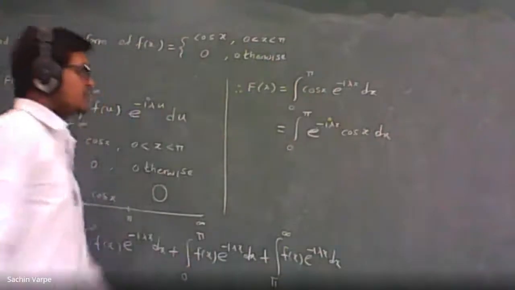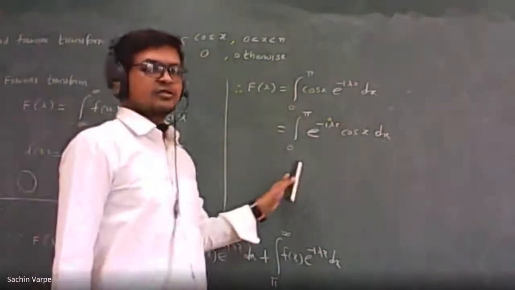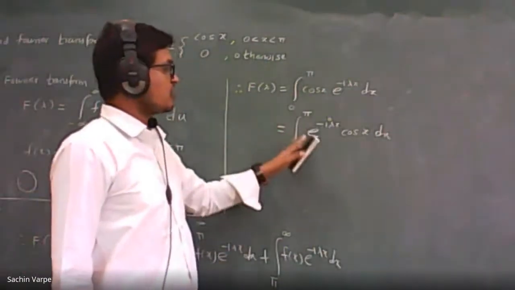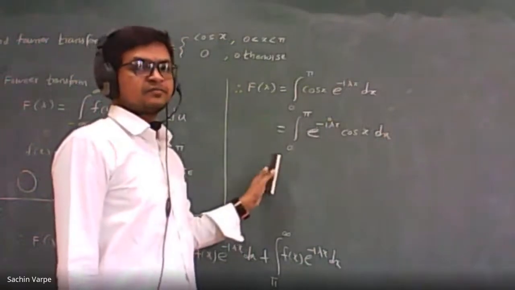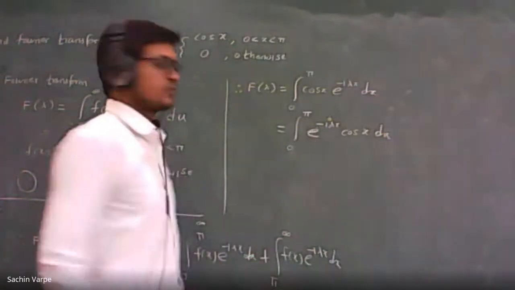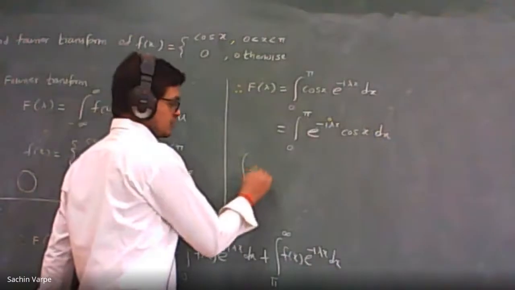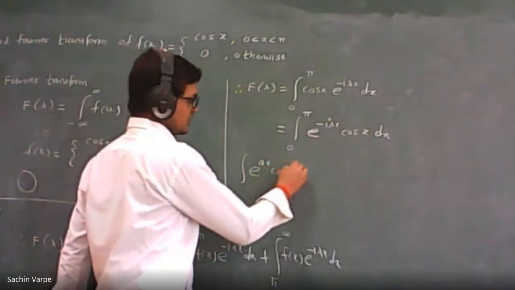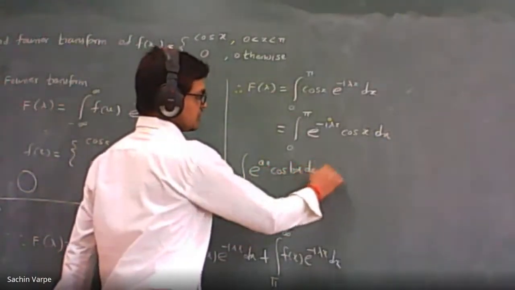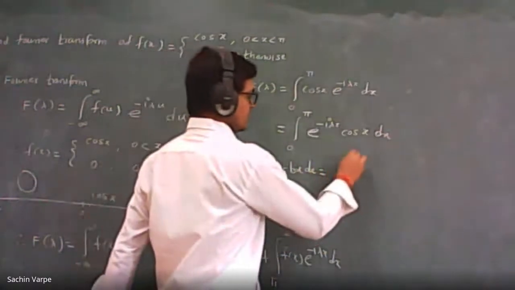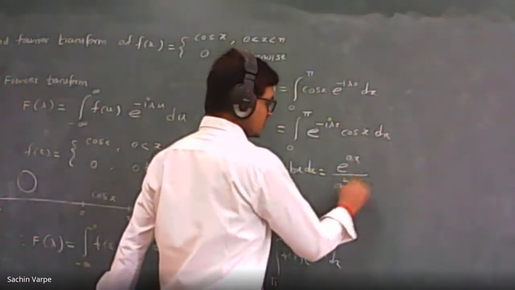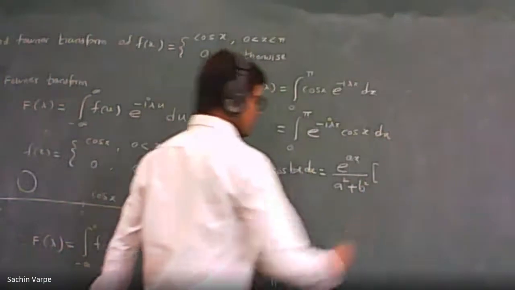I just have written it in standard form because we have the standard formula to evaluate this integration, the e raised to ax cos bx formula. What is that formula? Integration of e raised to ax cos bx dx is equal to what? First of all, we'll write e raised to ax upon a square plus b square, into, as it is cos